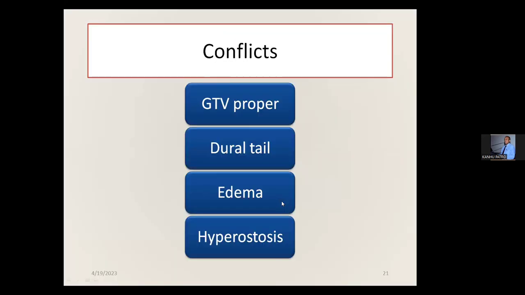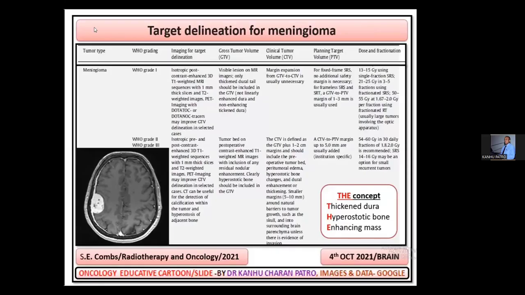Why is it so important? Because conflicts arise about where the GTV is, where the dural tail is, where the edema is, and where the hyperostosis is. How to handle the GTV, the dural tail, the edema, and the hyperostosis? If you go by the guideline for target delineation, for WHO grade 1, usually you contour